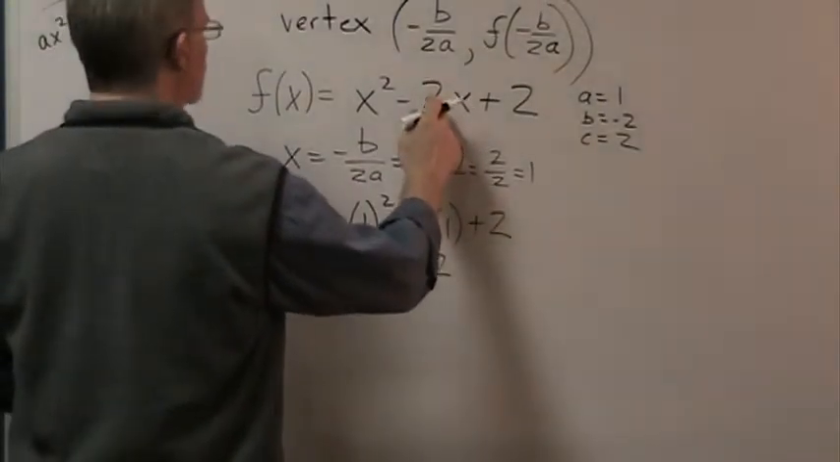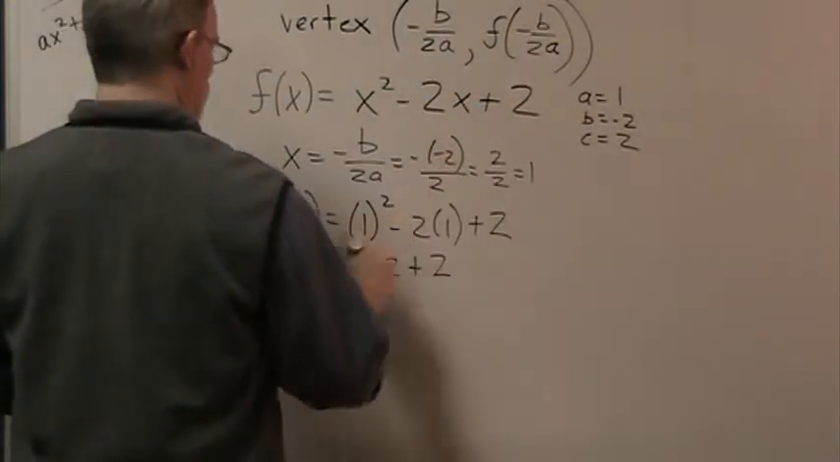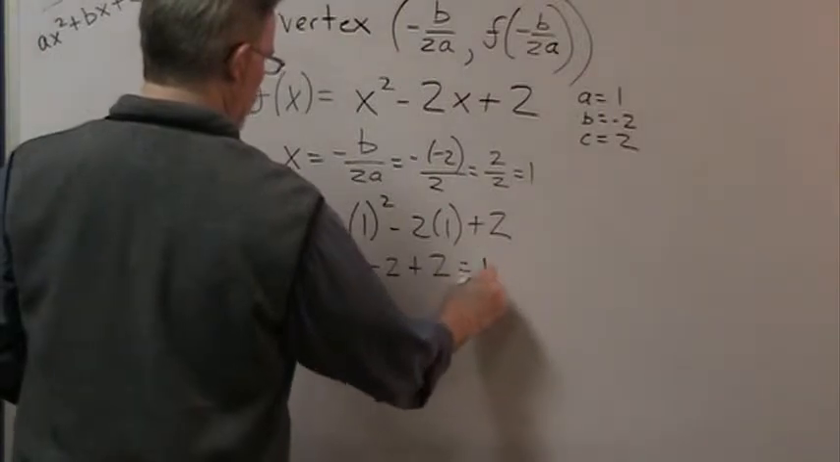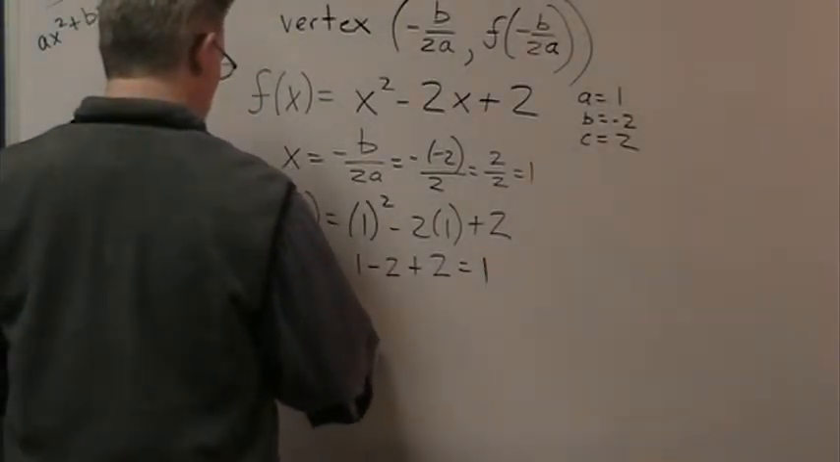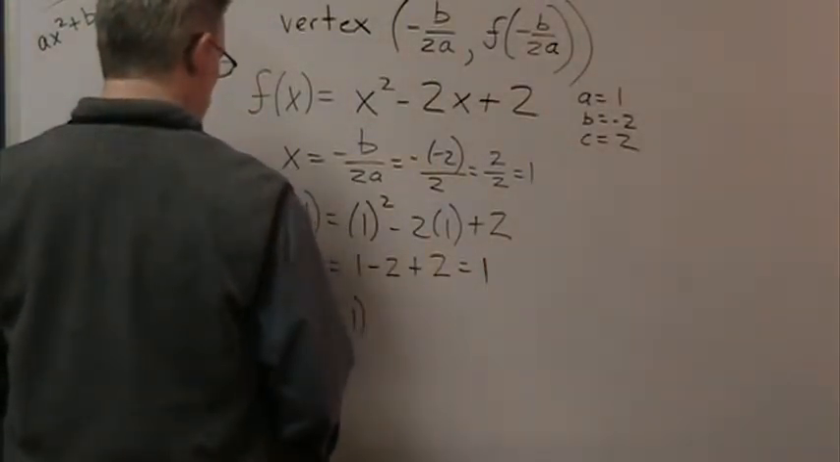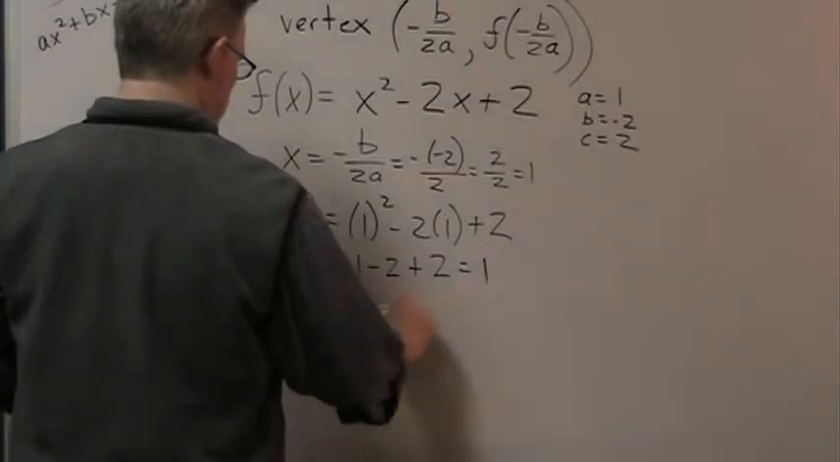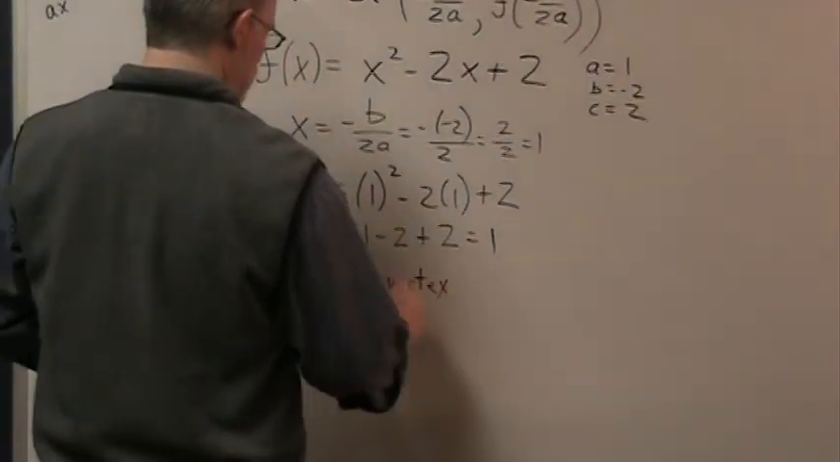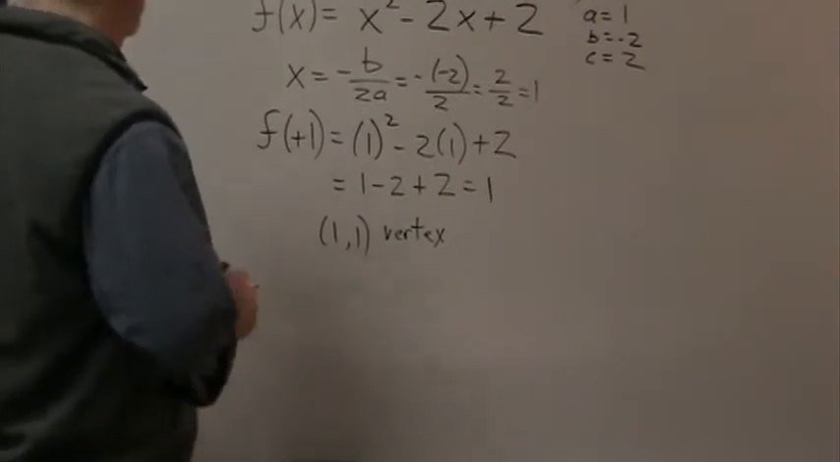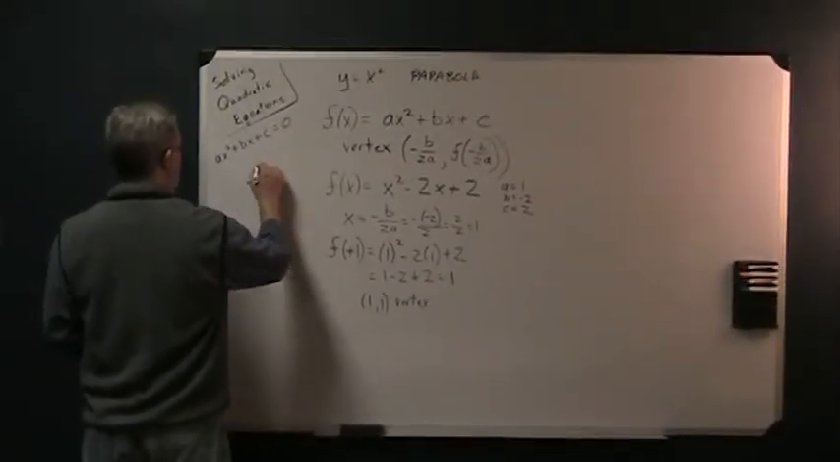So, looking at that, minus 2 plus 2, that gives us 1. So then the vertex is going to be 1, comma 1. That's the vertex. But we still want to graph this. So if we create an XY plot again,